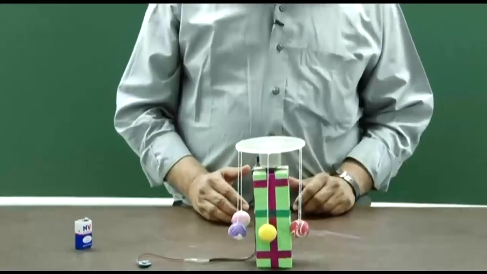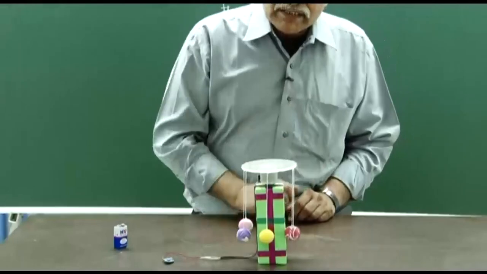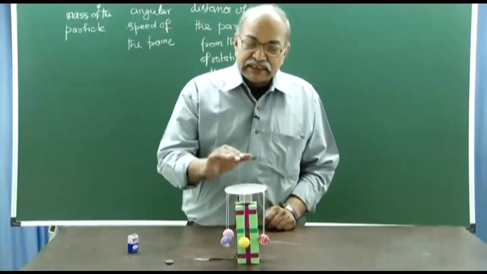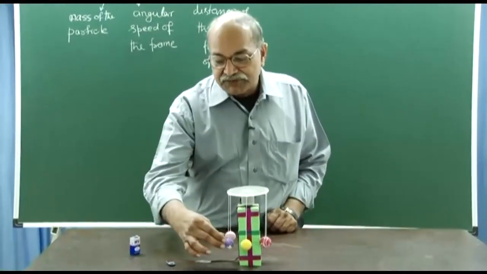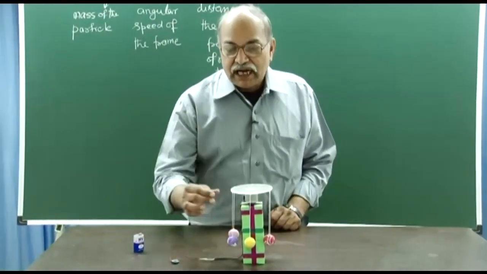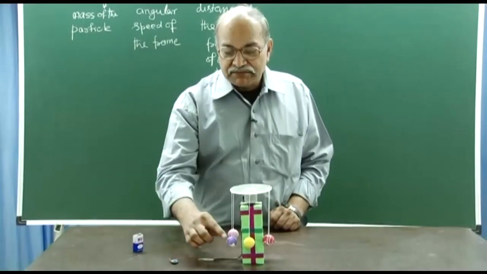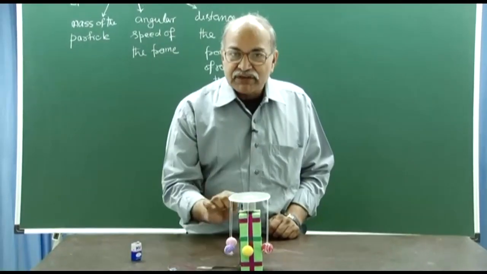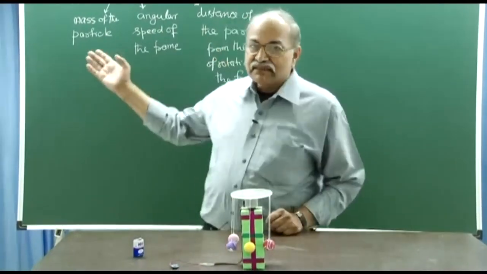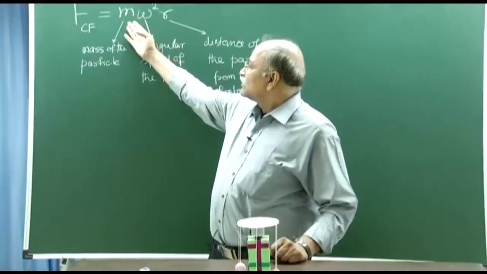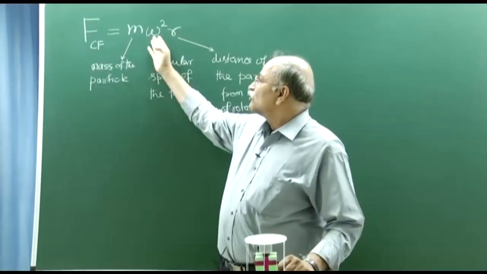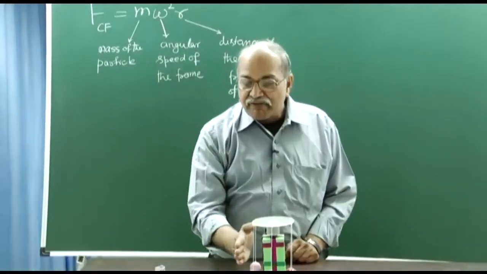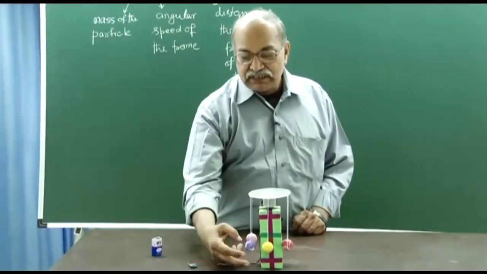So, what happens if the disc rotates with some angular velocity omega, then in the disc frame you have a centrifugal force which is outward, away from the center. Mass of the ball, omega of the disc squared, and then the distance from the axis. You have that centrifugal term expression here, m omega square r. So, this force acts away from the axis on each of the balls.